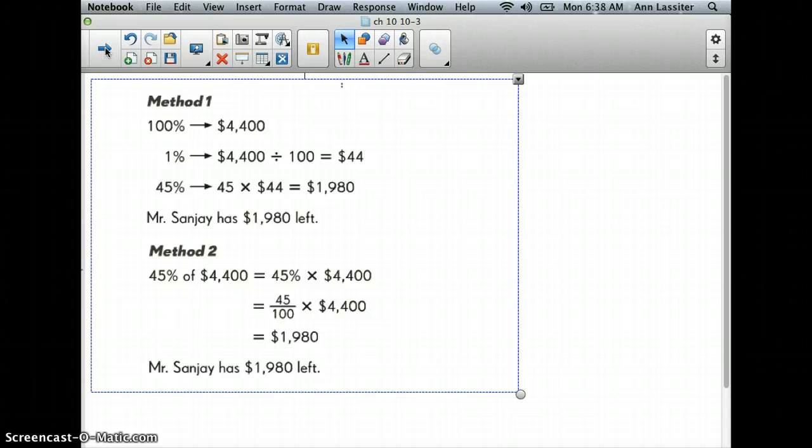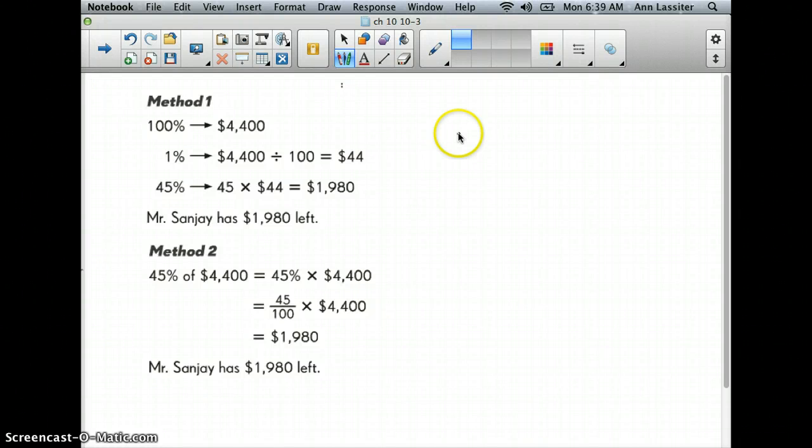45% times 4,400. So 45 over 100 times 4,400, and still you get 1,980. Now, one way I might do this problem, I personally think 10% is much easier to deal with. So I would find 10%, which is equal to 440. So 40% would equal 4 of those, which would be